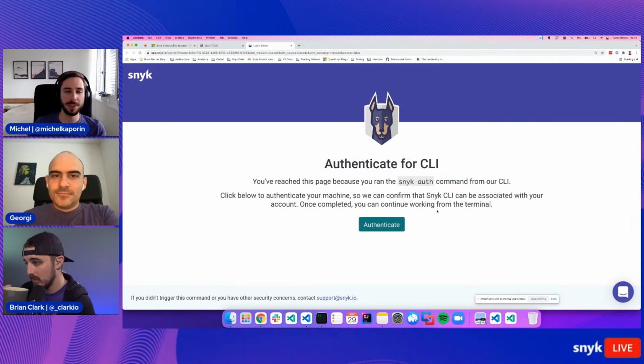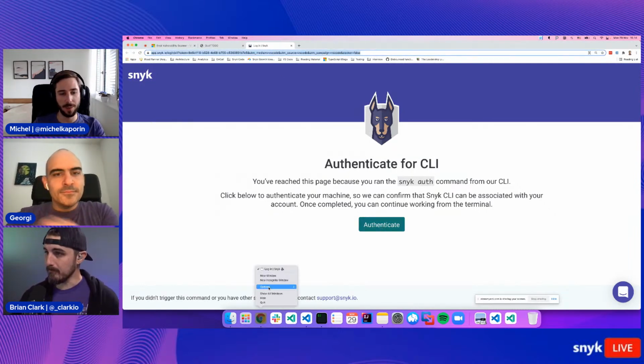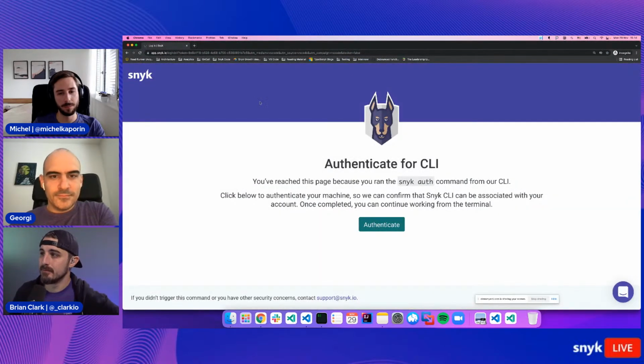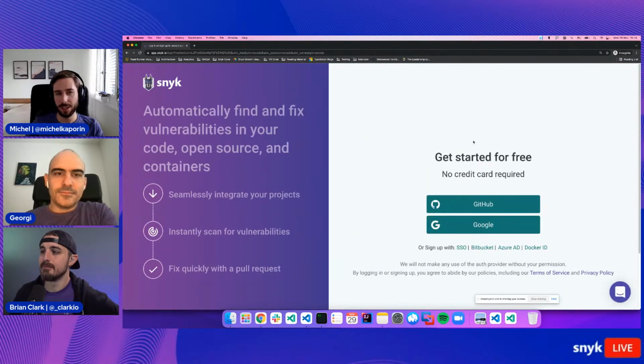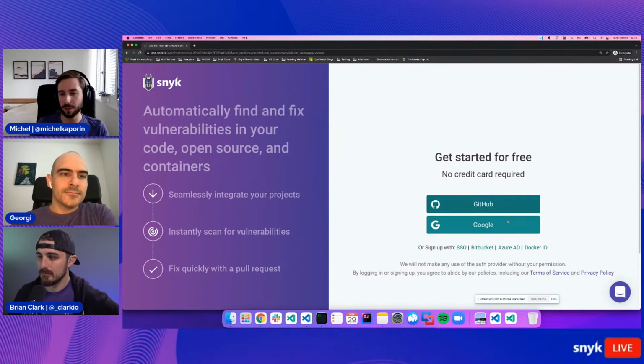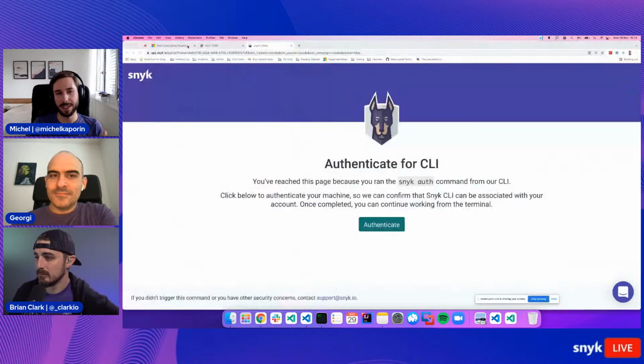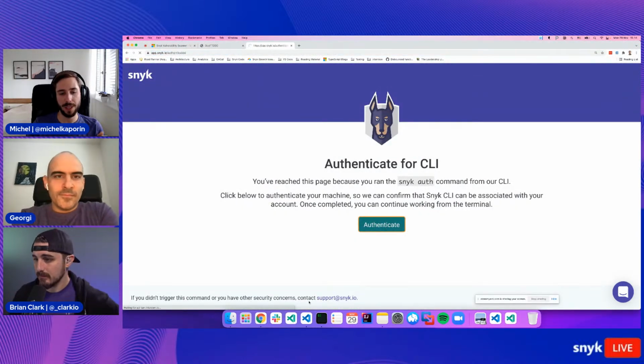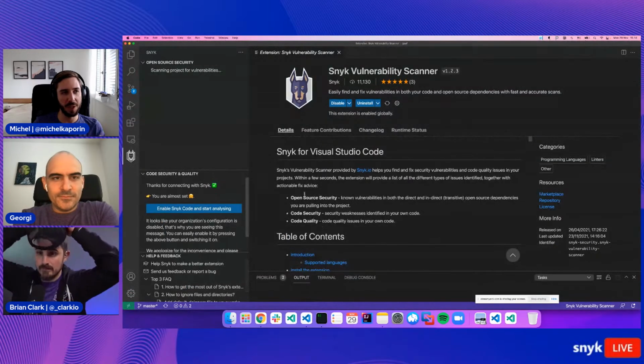If you don't have your Snyk.io account, you'll be redirected to another page, which looks a little different. Oh no, it's the same page, but once you press authenticate, it would ask you to add your account. So this is quite simple. You add your preferable option to authenticate, and then as soon as that's done, you can get back to authentication. So I'll press authenticate now, which would return me to